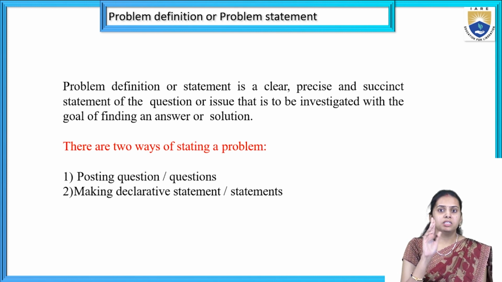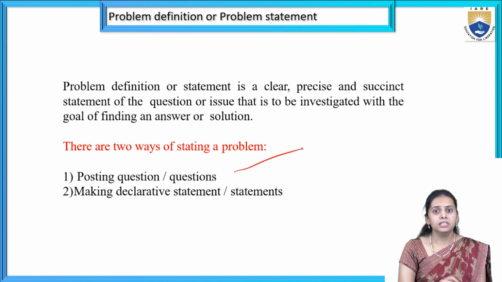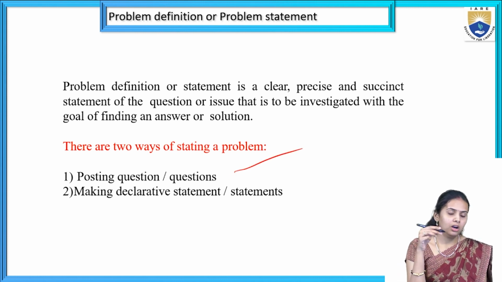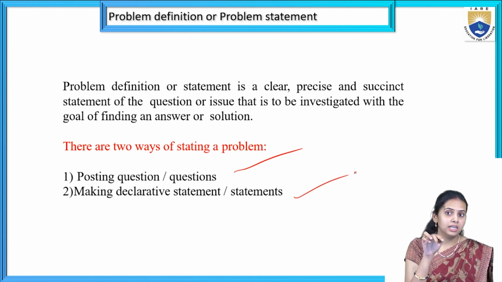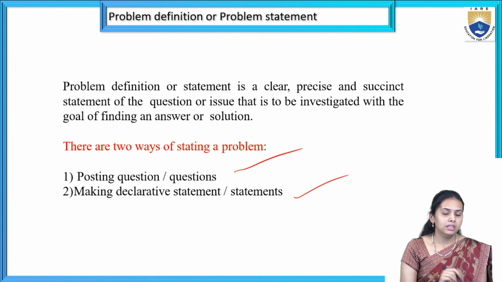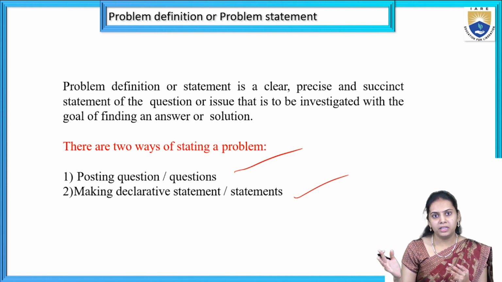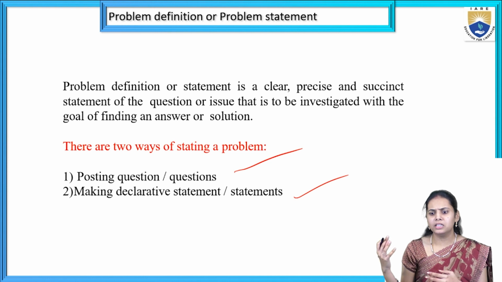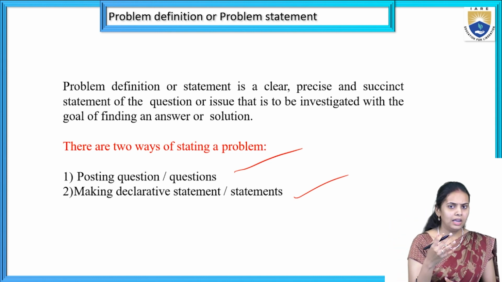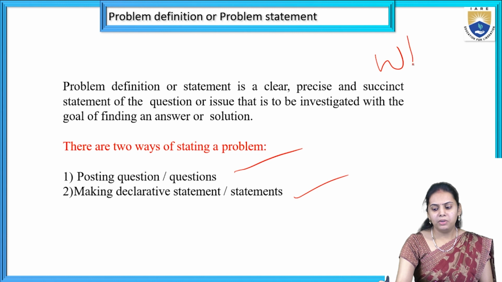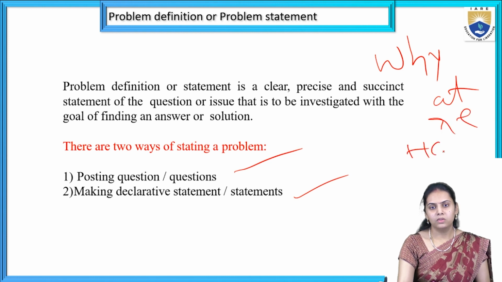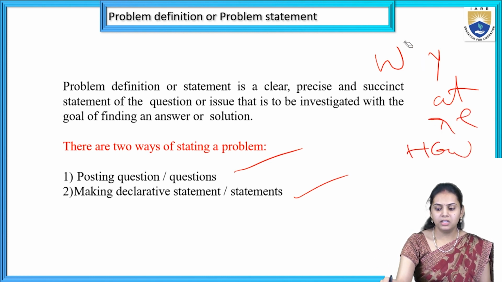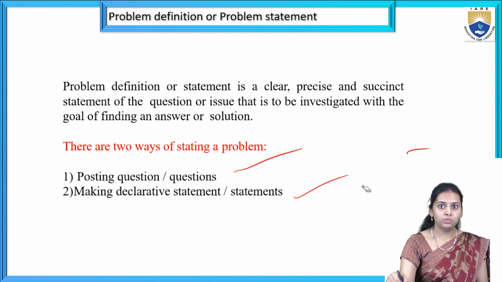There are two ways of stating a problem here. One is posing a question or multiple questions. The second one is making a declarative statement or statements. These are the two different patterns followed by the researchers. A few researchers will start with their questionnaires, like, as I previously stated, all the WH words. Why, what, where, how. When we are doing some research, they will cover all these WH words in the format